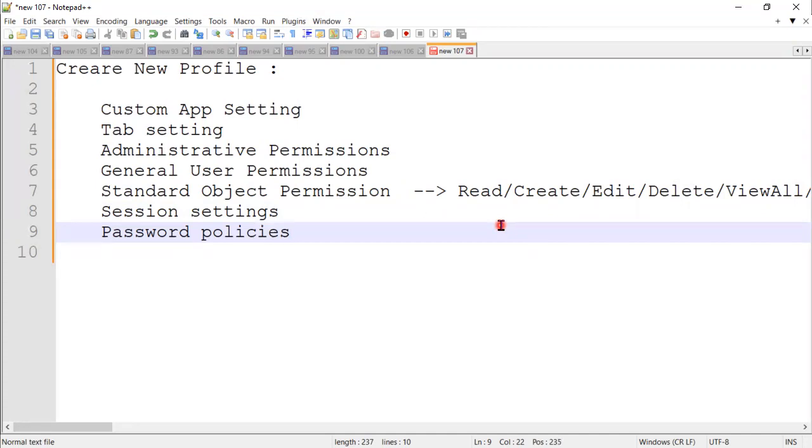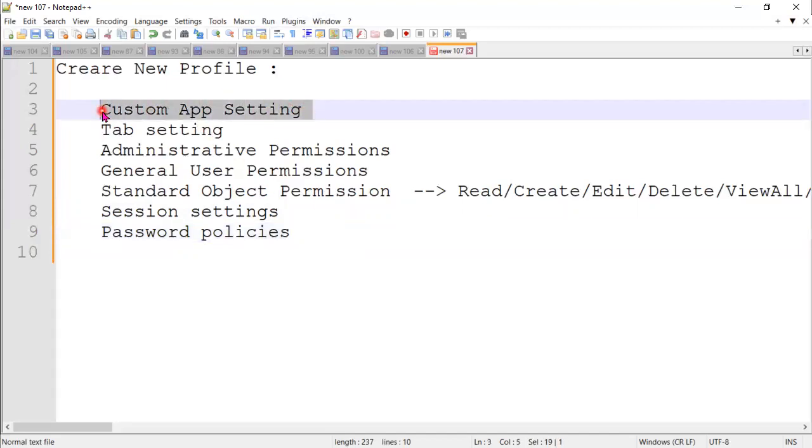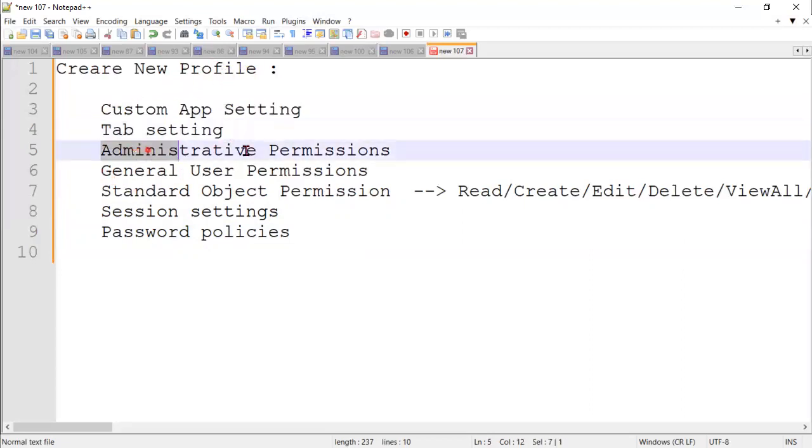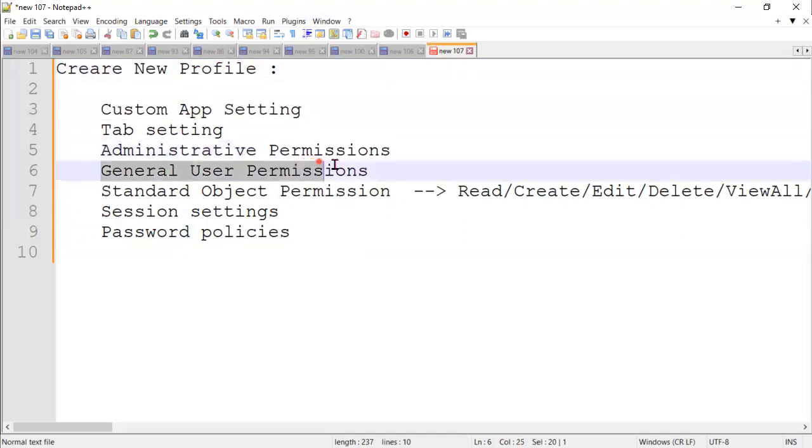That means whenever I'm creating a profile, I need to see what are the custom applications that should be visible to whoever the person is assigned to this profile. What is that person able to see? What is the tab setting for this profile? What is the administrative setting for this profile? What is the general user setting for this profile? What is the standard object permission for this profile? What are the session settings for this profile? What are the password policies for this profile? That means